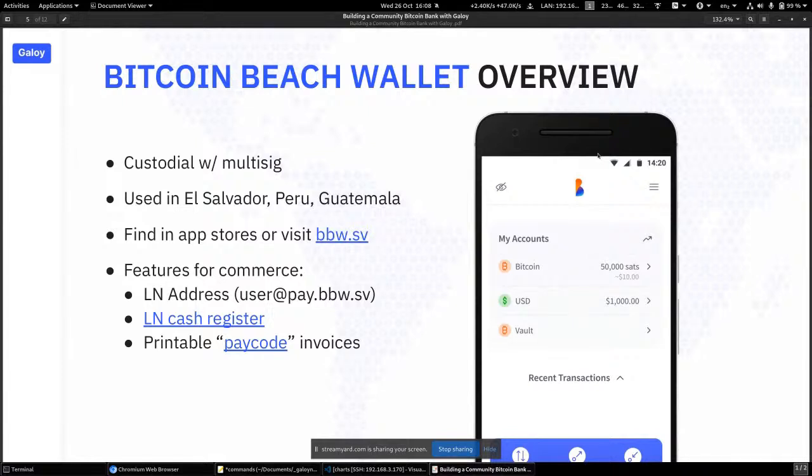People have Lightning addresses, so when you register and log into the wallet, you can have a username, and then your username will be your Lightning address at pay.bbw.sv. Bitcoin Beach Wallet. Well, it stands for El Salvador. No misunderstandings, please. And then there is a cash register function where you can go on a website